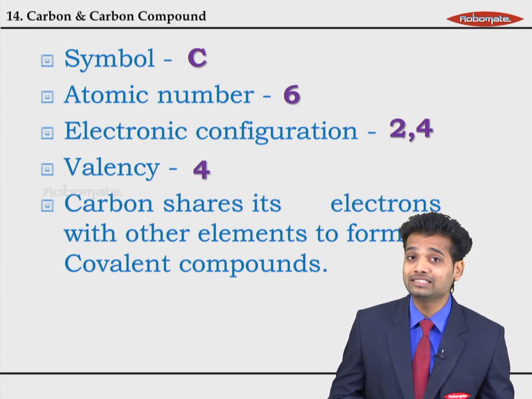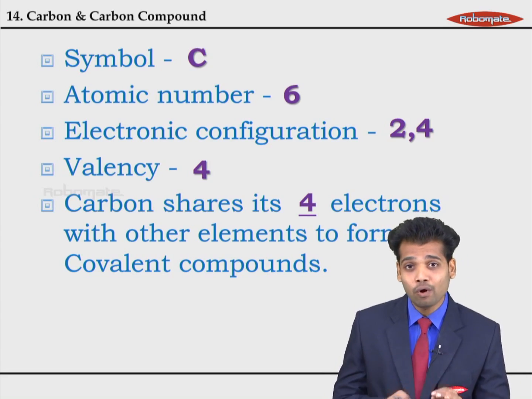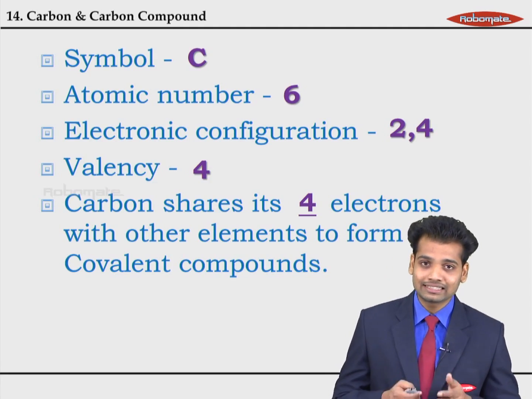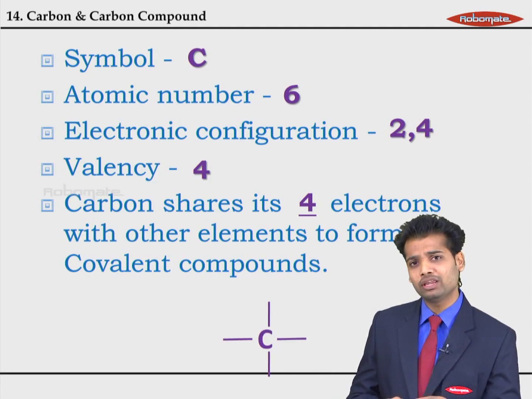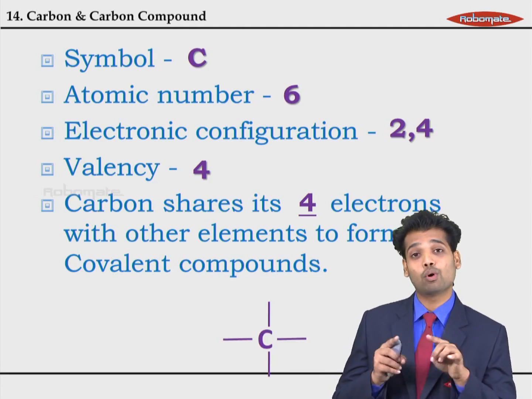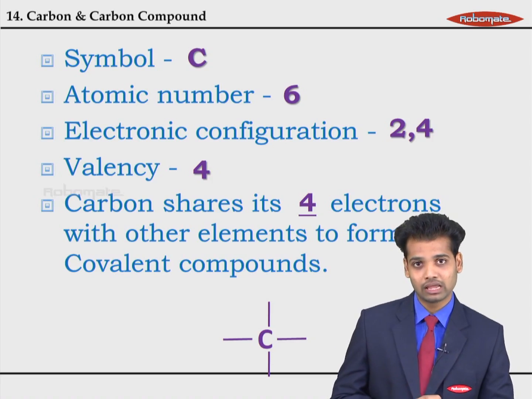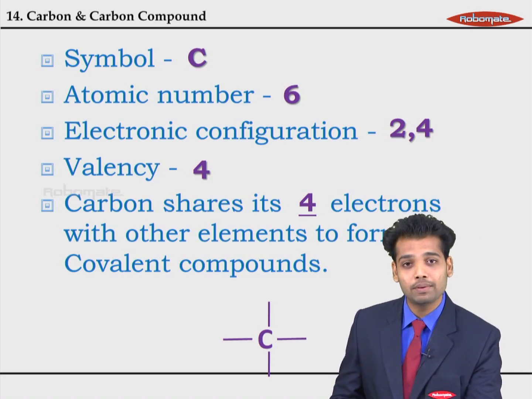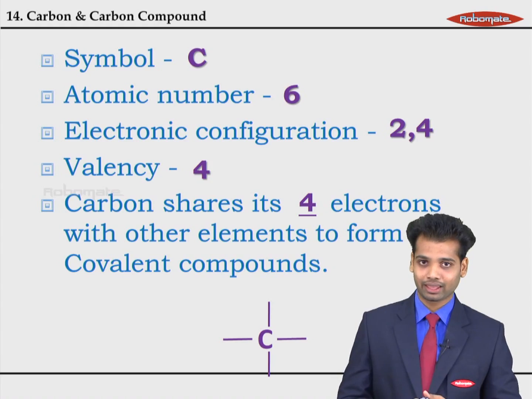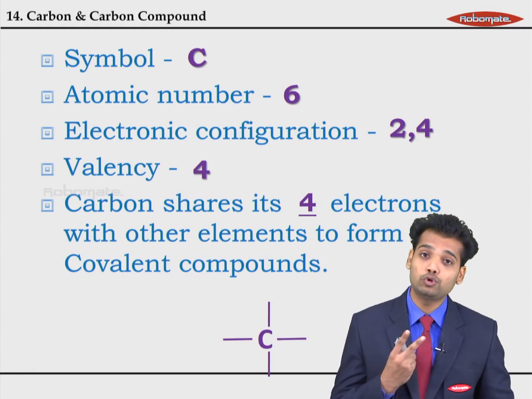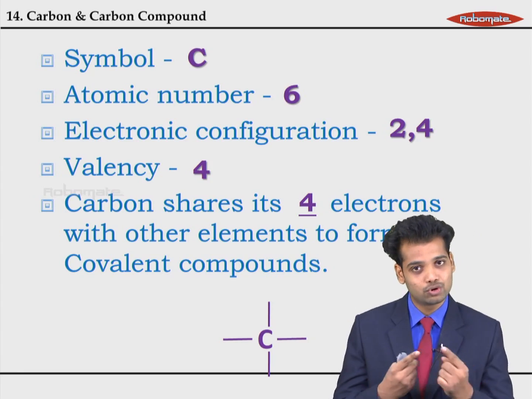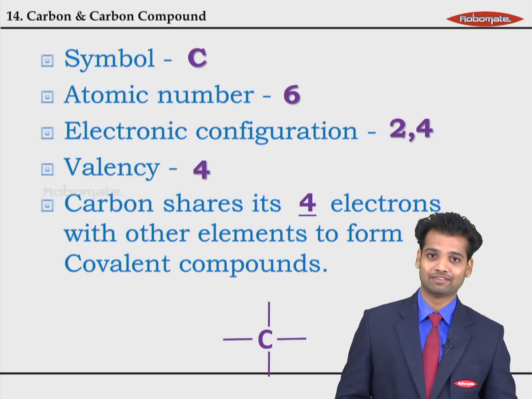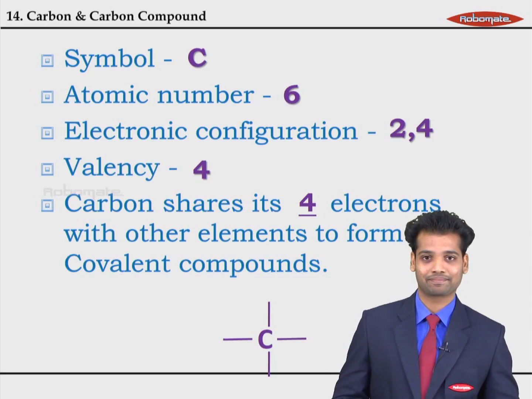And because it has valency 4, it has 4 electrons that it has to share to find its stability. This carbon is always signified by joining 4 lines, meaning it has already shared its 4 electrons. So whenever you see a carbon atom joined with 4 lines, this carbon atom has attained stability. And these lines are for 2 electrons shared between 2 elements. So every time, this carbon will have 4 lines, which you can see at the bottom of the screen.